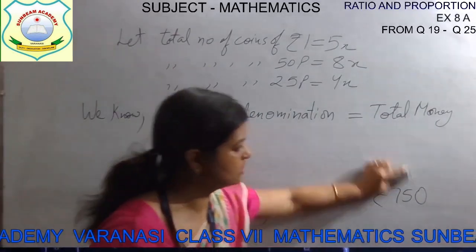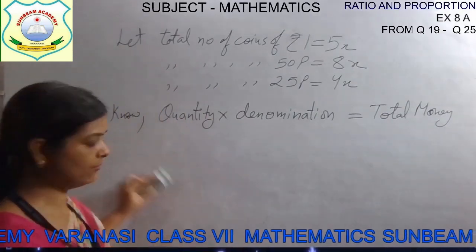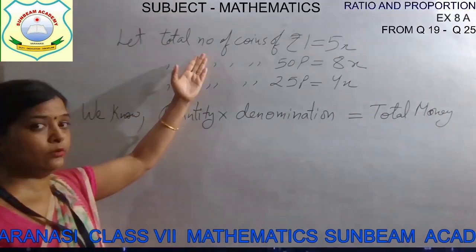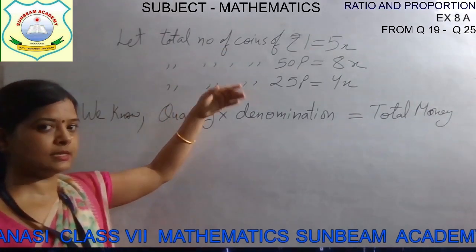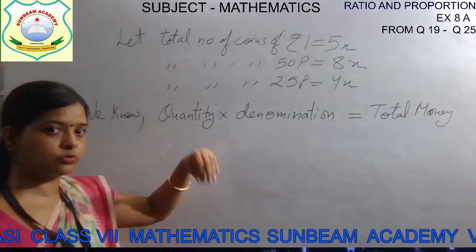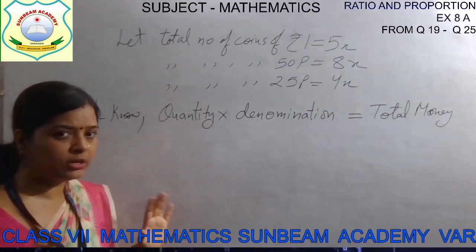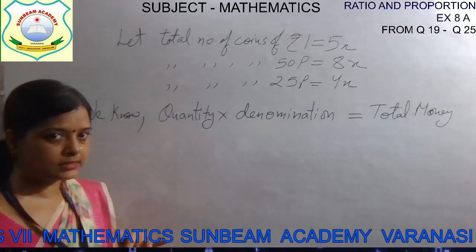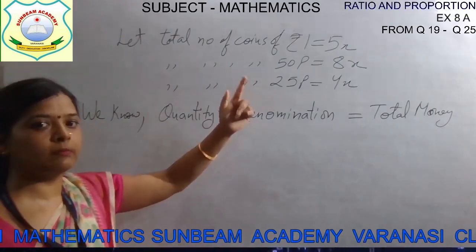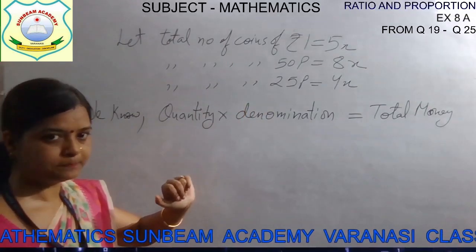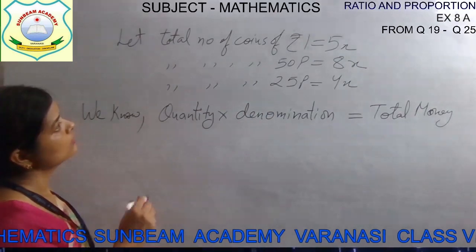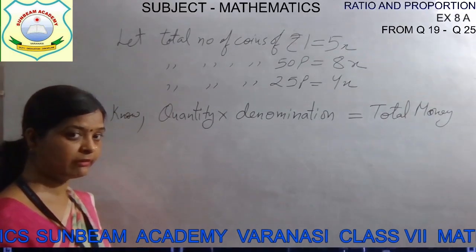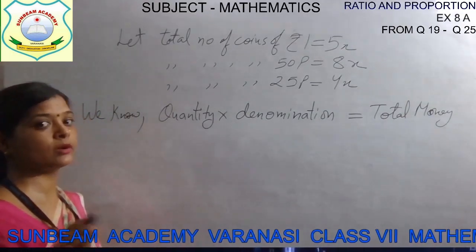So in this way you have to start. First draw that diagram which I have drawn. It will give you an idea how to elaborate it, and then write down that it is not 5, it is 5x, 8x and 4x, because it is in the ratio 5:8:4. That's why it is not only 5 coins of 1 rupees. It is 5x, 8x, 4x. It will increase in the same order. That's why x will multiply with all. Clear? Now one example is there in the book also. You can go through that book after this class. It will be more clear to you.